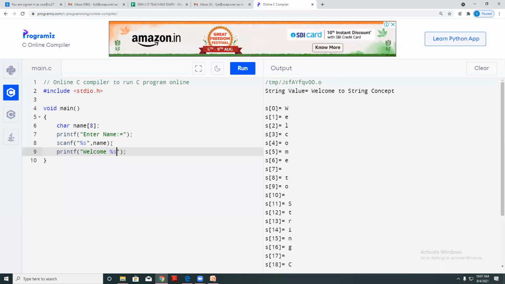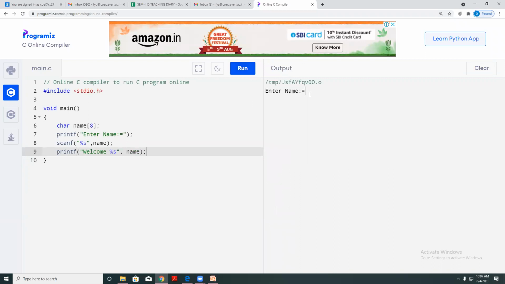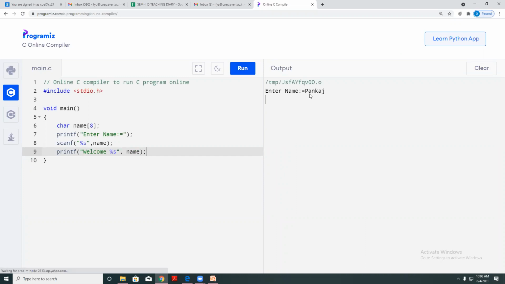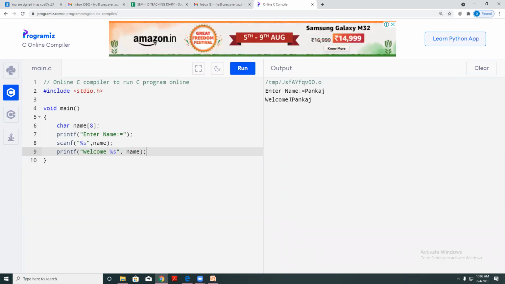Okay, only this message, and I will display the values from the variable. Okay, if I run this program, enter name, let's say I will write my name. So welcome Pankaj.